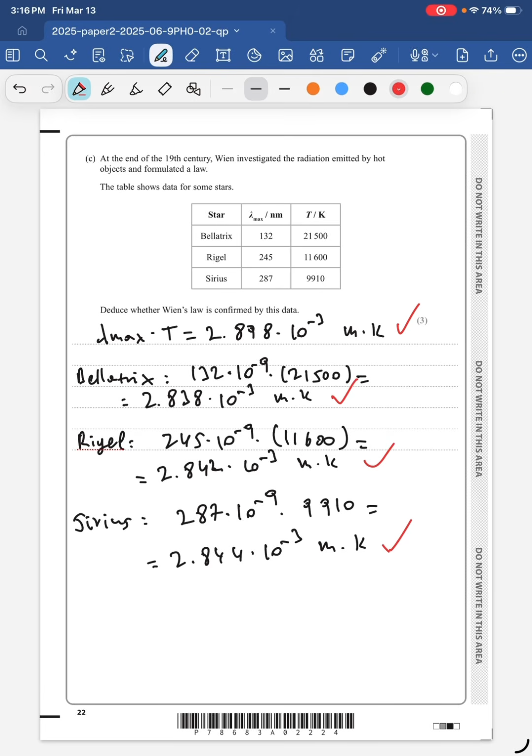I mean, it's not exactly the same, but hey, this is an experiment. And it was done in the 19th century, in the 1800s, about 200 years ago, guys. So give this guy a break. So let's move on